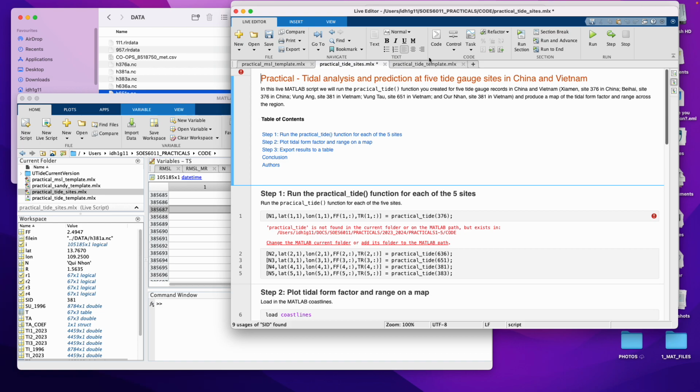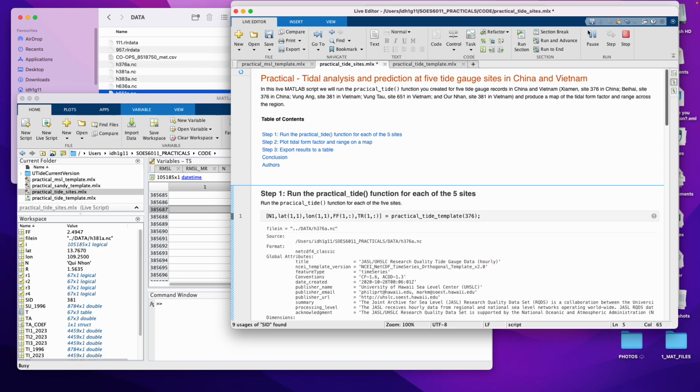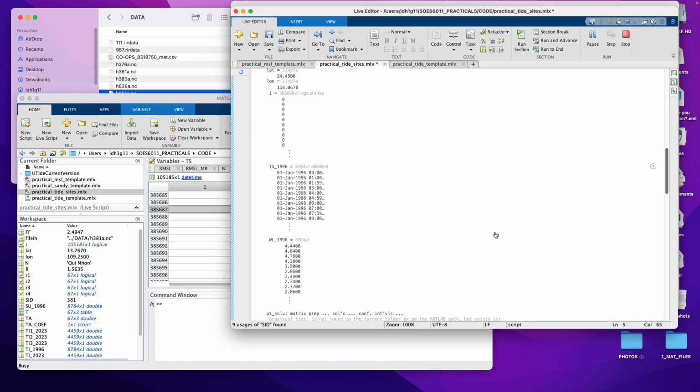Practical tide, I've called it template here. So probably you could either add template on the end, or you can just take out the word template, but I'm just going to add it here. So I'm going to run this, and now what it does is in one code it's going to run everything